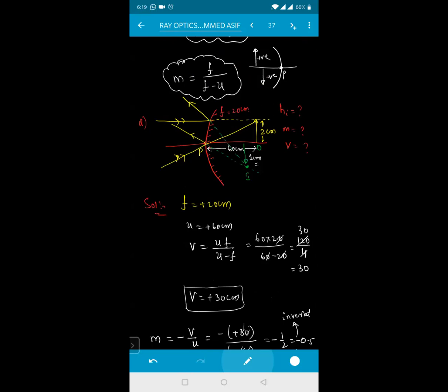I hope you got an idea how to do such types of problems. Clear? See here, the object is given on the other side. I told you how to draw the ray diagram, because you can't draw the ray diagram in this direction, as this is the silvering surface. So we need to make a dotted line and extend the ray of light from the positive x-axis, and this is your pole. Clear for everyone?